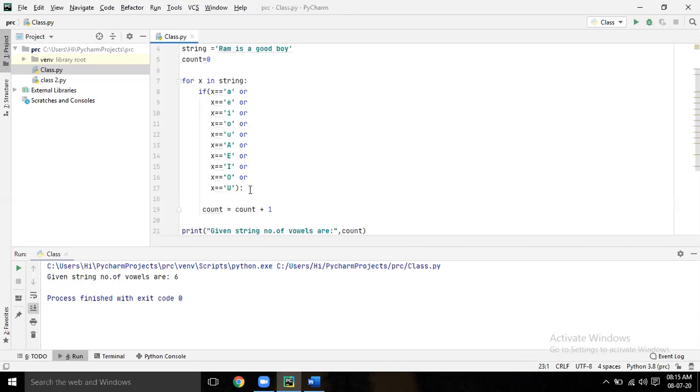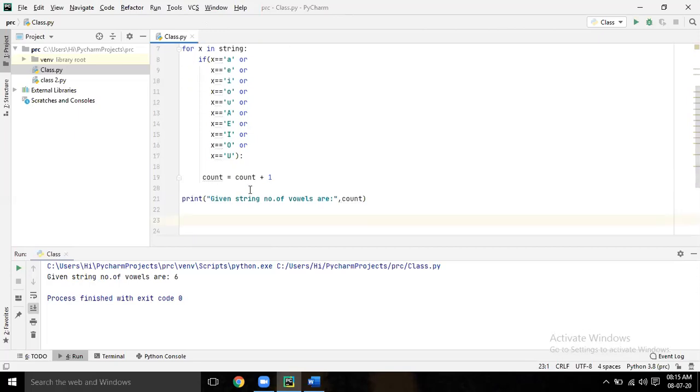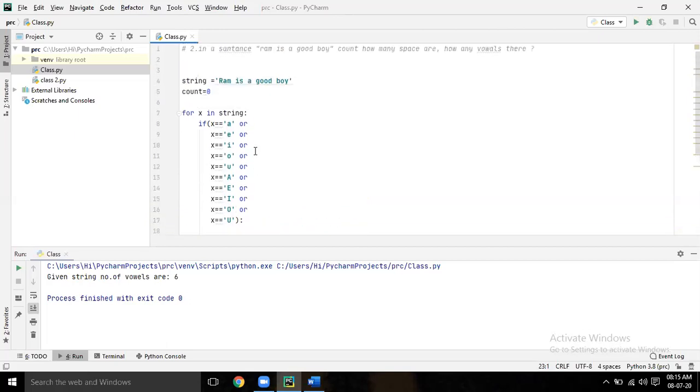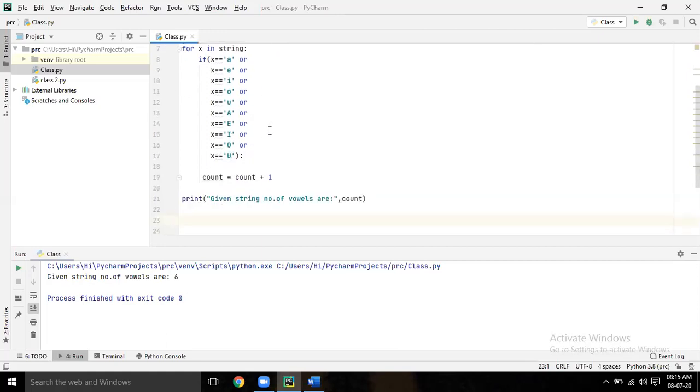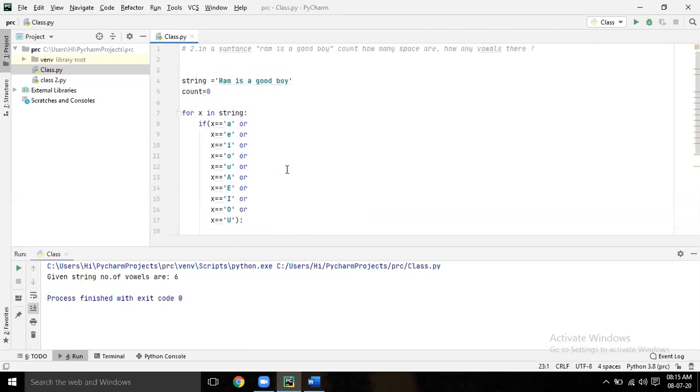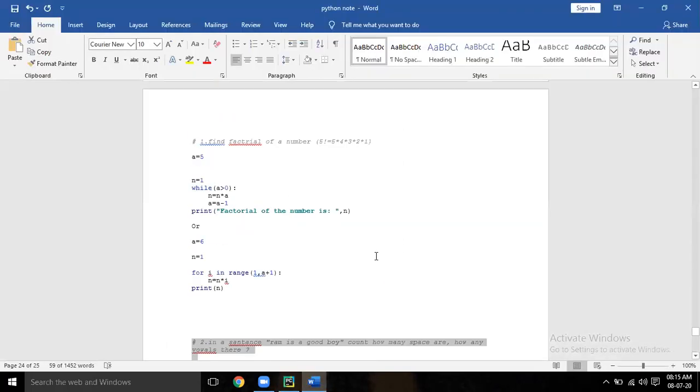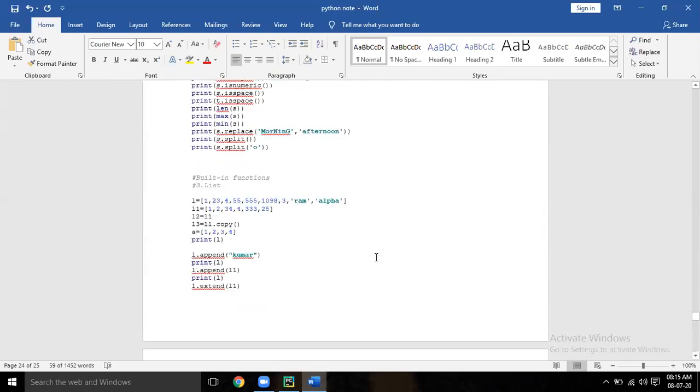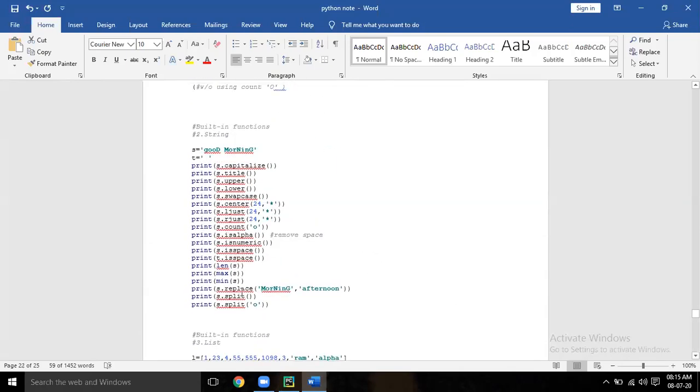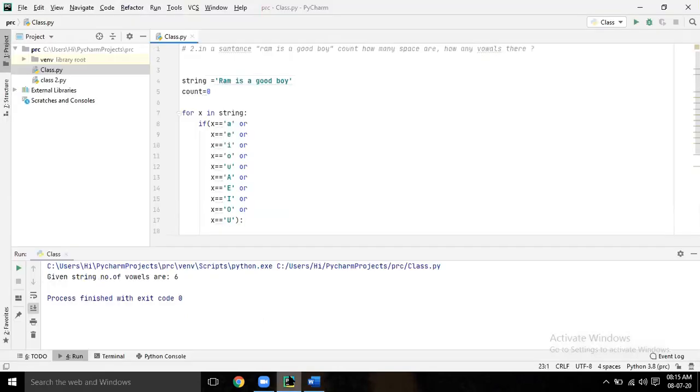Now, how to find the space? Only vowels were given, sir. Now how to check the space? Yesterday we did replace for each space. In the if condition you write that.